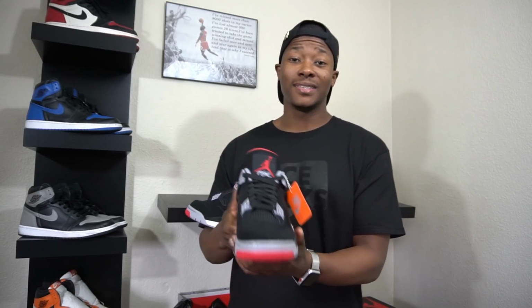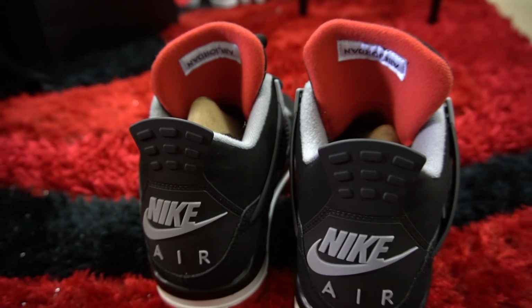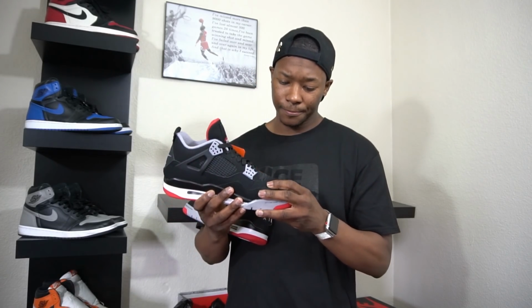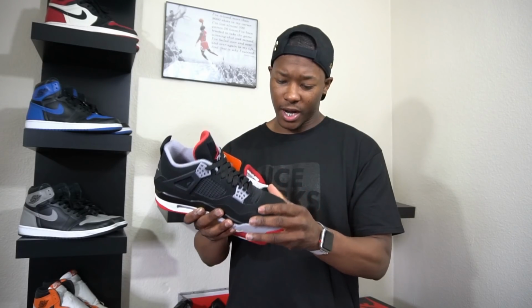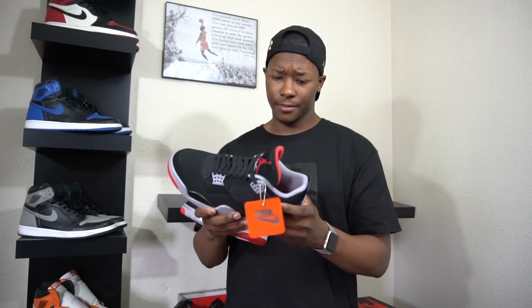I know you guys have already seen reviews on them. I'm not really gonna give you guys a review, but like I said, this is my first time having this pair. And also the suede, or this is actually nubuck. The nubuck is actually soft on these. I know years prior they were kind of stiff. Hopefully it doesn't crease bad, but